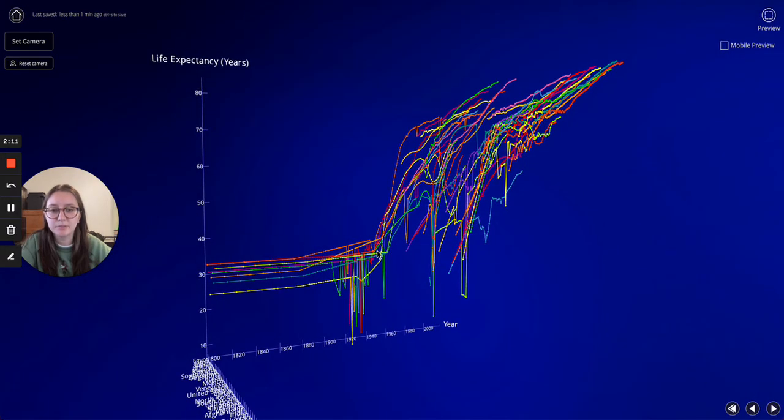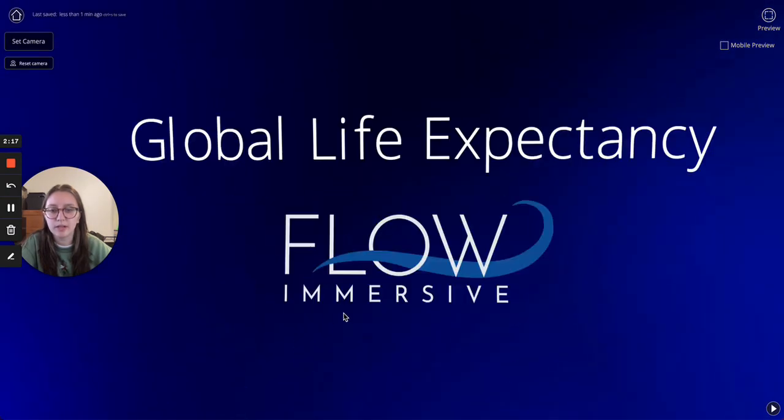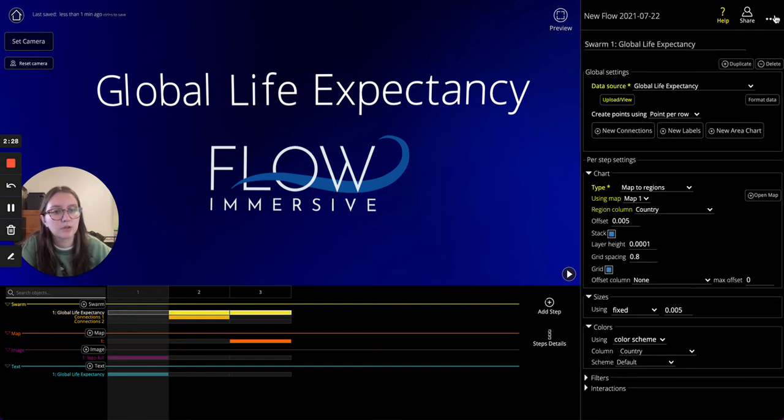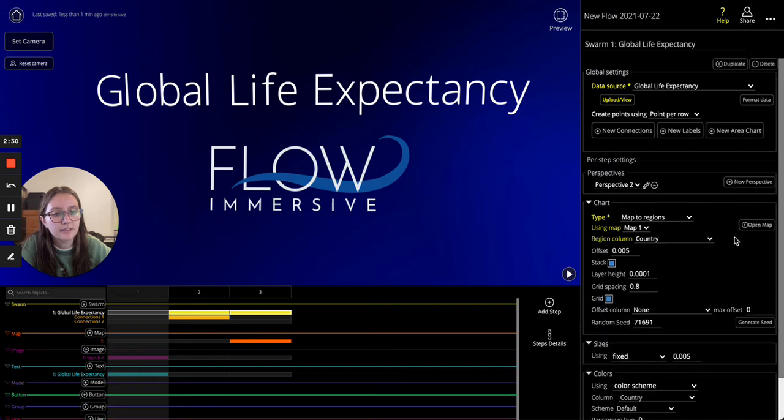So that happened because the previous perspective of this swarm was actually the globe. So let me show you. See how it animates to the globe? So there's something we can do there if we go to this previous step, and we're going to go to this life expectancy, and we're going to turn on advanced, and then we're going to click